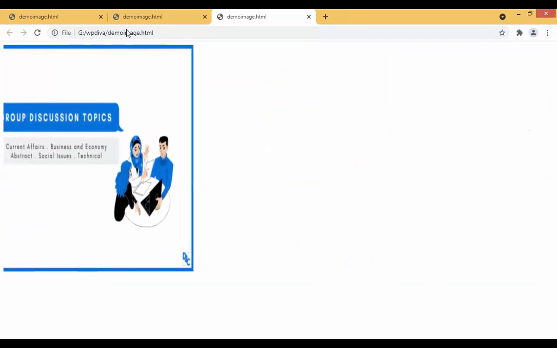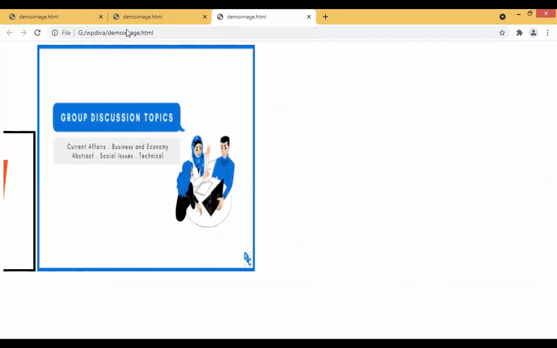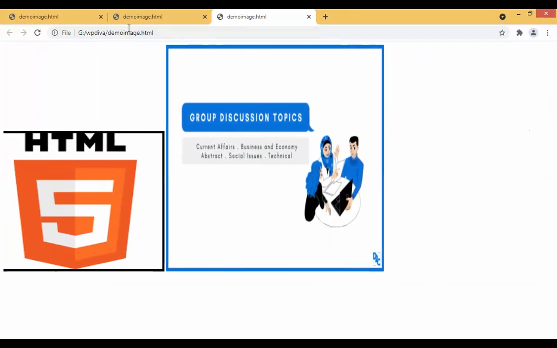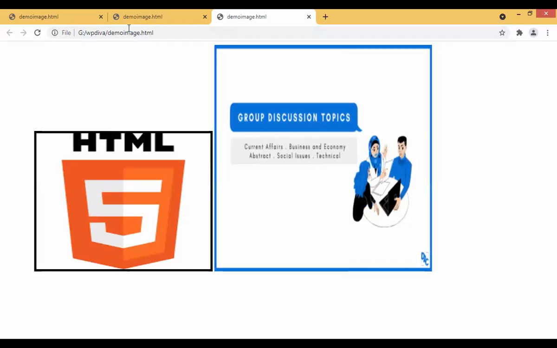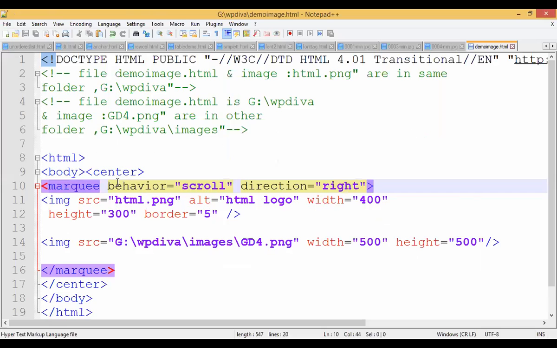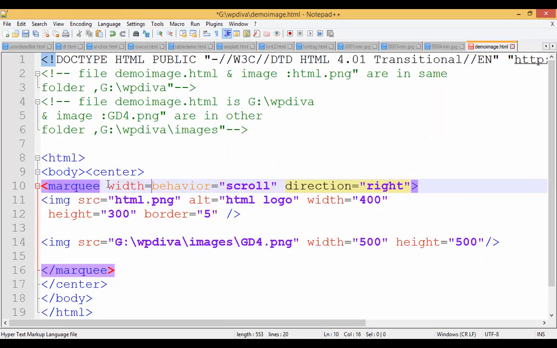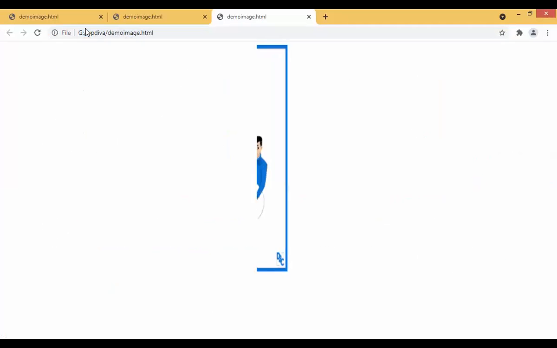So you can take marquee tag also. You can add marquee tag for text also. You can add marquee tags for images also, right? And a few more properties you can add here. So for example, the width of my marquee, okay? Width of my marquee is just 100. Let me see what happens now. Okay, just come back to the output, rerun the file. Now what is going to happen?